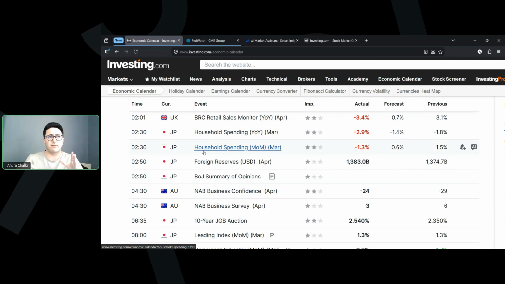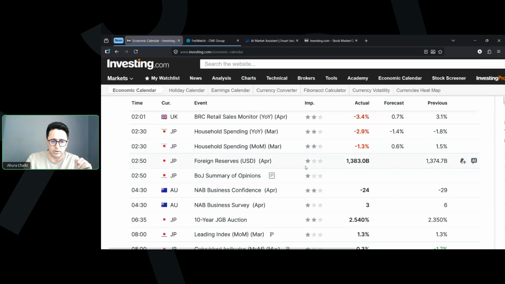So when you're spending less money, retail sales will be less. And when retail sales are less, you will have weaker GDP and all of this. I mean, it all comes together one after another. That's why household spending is the same as retail sales. It's one of the most important numbers for the economy when you're looking at the numbers as a trader or investor, and if you want to understand the market and what's going on in the market.